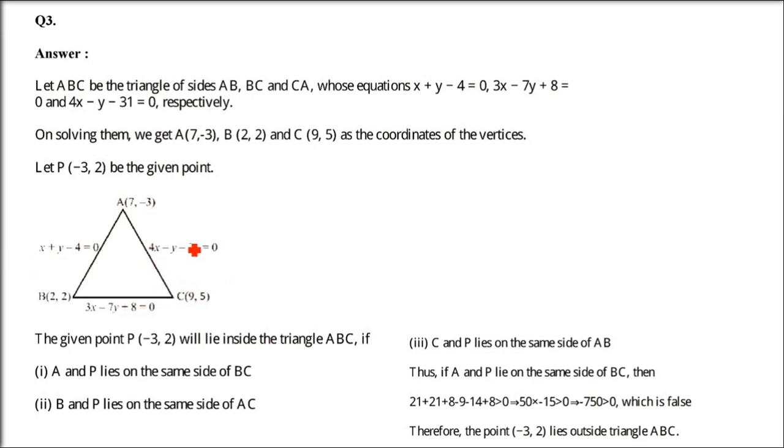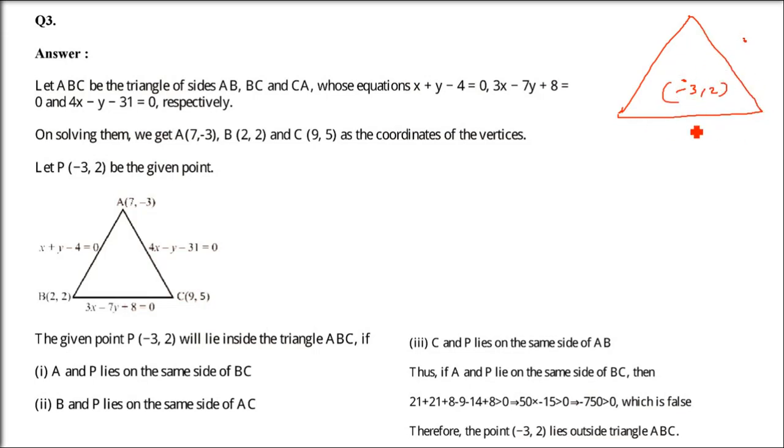So (-3, 2), if you have a point, this (-3, 2), and you have to find out the intersection points, and this I hope you will be able to do. Two questions we have seen. So we have to find out the intersection points so that we get the vertices. Let me tell you again. There is a point, whether it is inside this triangle or outside this triangle. This is the question. So this (-3, 2) is inside or outside, we don't know.